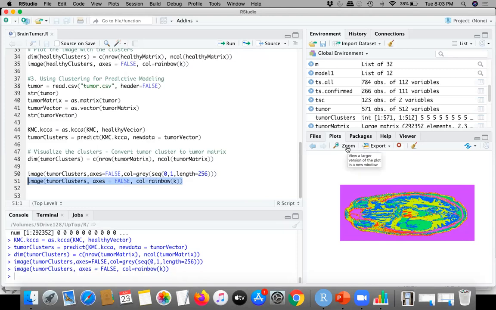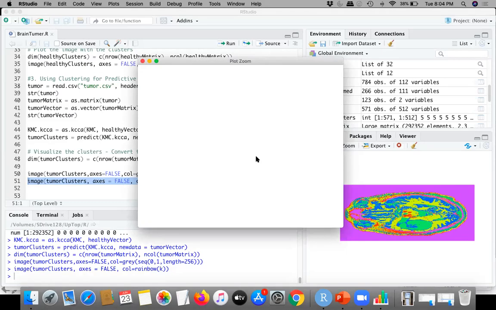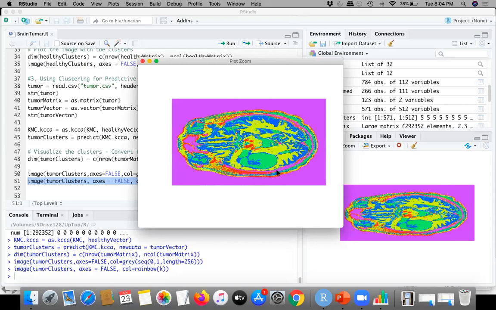Let me zoom it a little bit more. We can see the green color tumor has been identified in the brain, and there is no other green color anywhere else. So that is the tumor which we have identified.